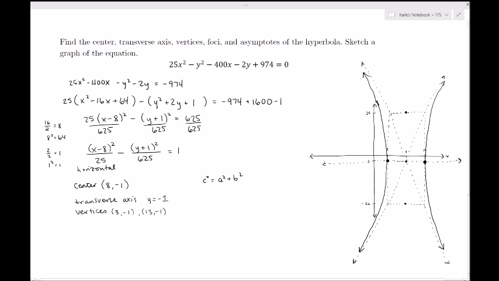A is 5 and b is 25. So we have c squared is equal to 25 plus 625, which gives us 650. So c is equal to the square root of 650, which if we simplify that radical, we get 5 square roots of 26. So this is approximately